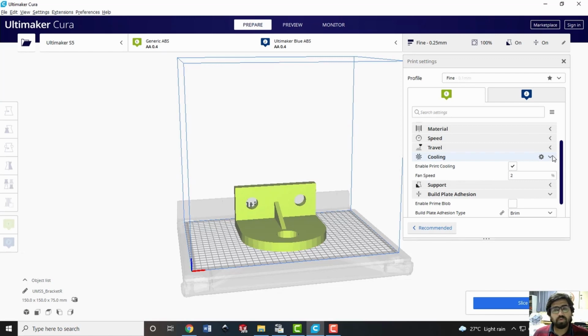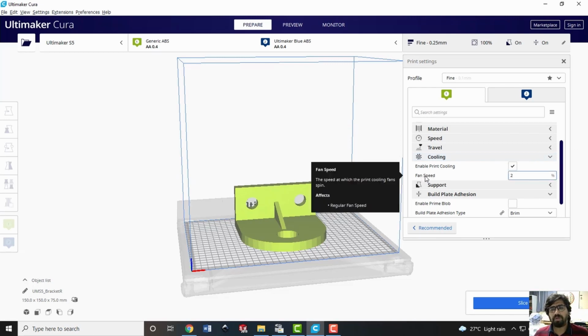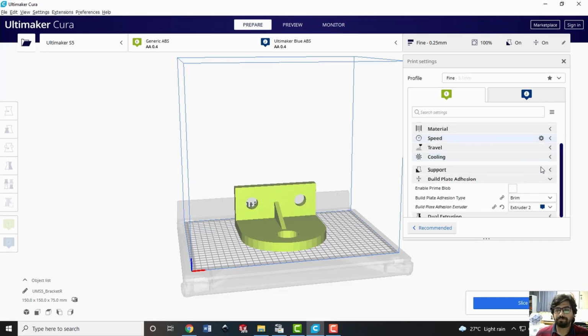So the next option is the cooling. Cooling is typically required when you are building overhanging features, because on the overhanging feature, if the pre-built layer is already hot, it will have more chances of getting deformed. But if you really want to realize the overhanging feature, we want that layer to be quickly solidified and not very soft, so that it can sustain the further deposition on top of it. So if you enable the cooling, you can also provide the speed of the fan. So let us say that I say it is running with 10% of its high speed or the maximum speed.